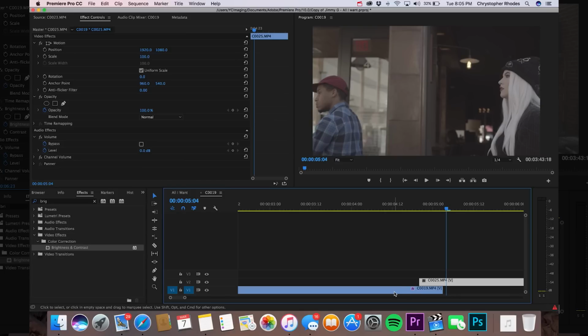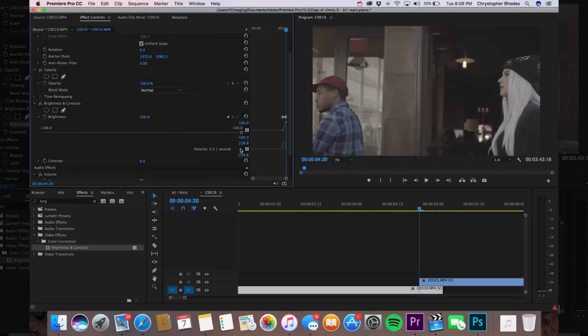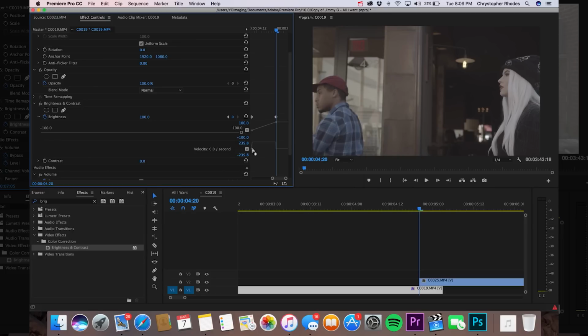So the way that we are going to do this is, let's just scrub back to that first initial keyframe that we added in, and let's push this drop down arrow on the actual brightness. We go down to velocity, and this is what we're going to be adjusting. So if you zoom into your actual keyframes right here, if you push this button, you see right here, when you hover over this actual point right here, you see that circle that pops up on your arrow. You're gonna wanna push right there.